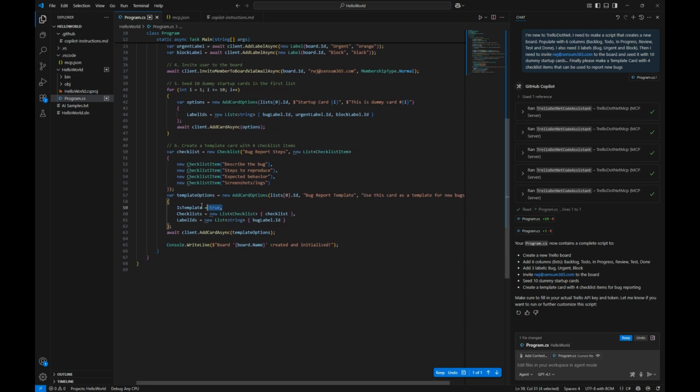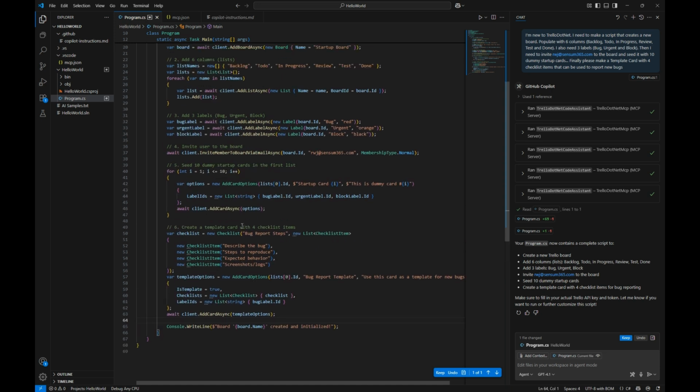And it even got small details like these correct. Again, if you're not familiar with Trello, of course, this is not code, but given that I've written both systems, I know that this is actually correct code. And I think that's everything.